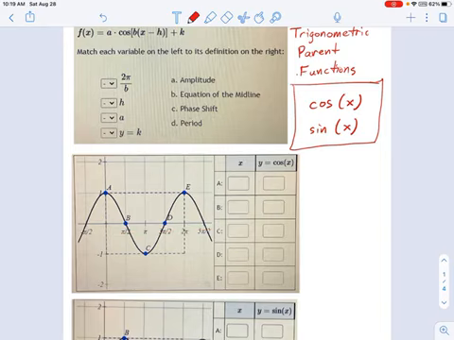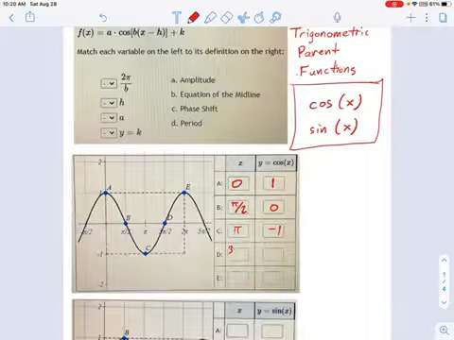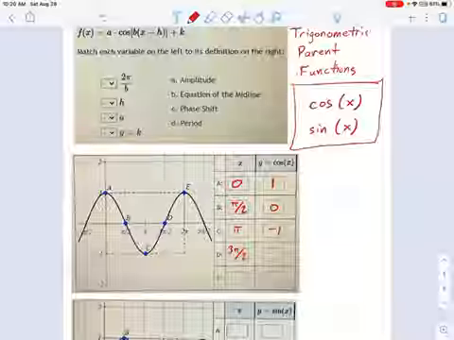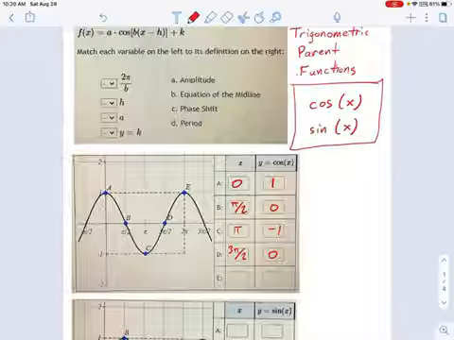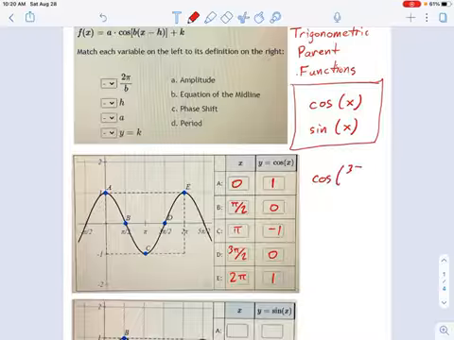Now let's get to the points. These 5 special points on the cosine curve that I have here, you can just read them off the graph, right? X equals 0, y equals 1. X equals pi over 2, y equals 0. X equals pi, y equals negative 1. And if you notice, imagine plugging some of these values into the unit circle, or maybe you've memorized your cosine values. That would be really helpful, actually. If you notice, any one of these x values that you plug in here, let's pick 3 pi over 2. If I said, what's the cosine of 3 pi over 2? Well, you might remember this one. That's going to be 0. And you can see that on the graph right there.